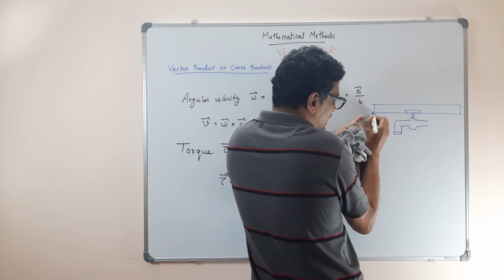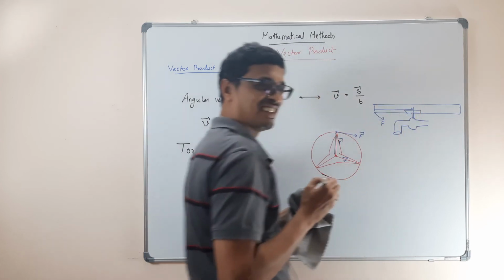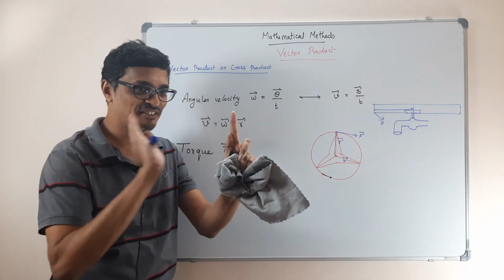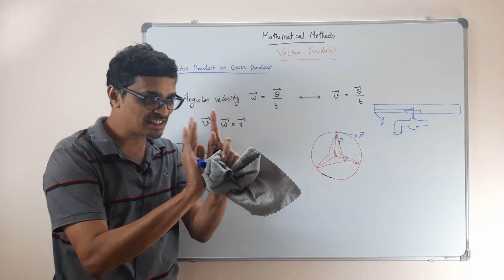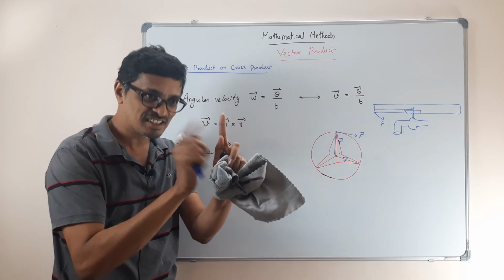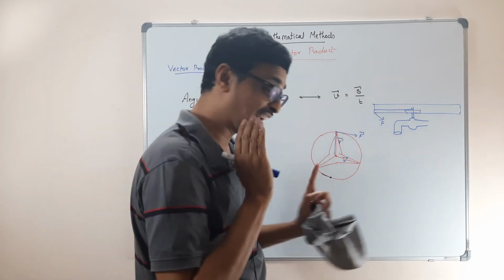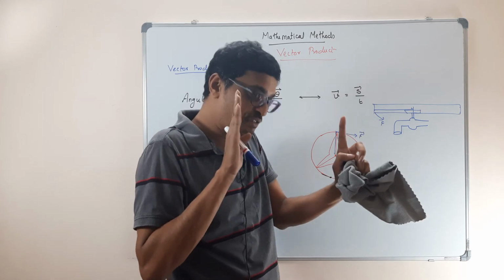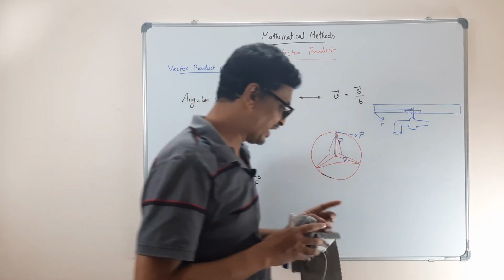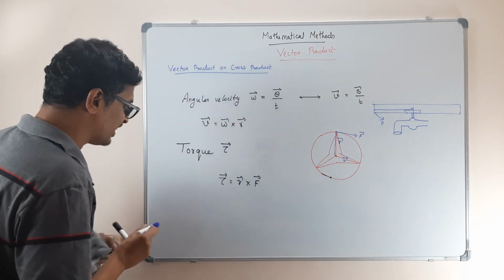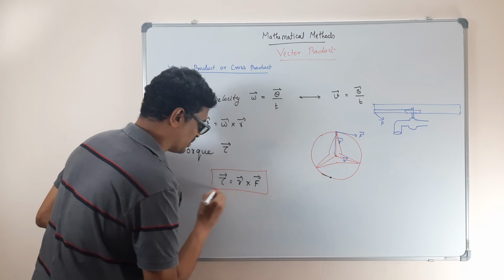It is not just the force I am applying; the radius also comes into the picture. So when I spin the wheel, the torque is not just the force. Am I spinning a smaller wheel? A smaller wheel is tough; you have to apply more force. When I make a bigger wheel, it's easier. So torque depends upon the force you are applying as well as the radius. Therefore the torque is written as the radius in cross product with